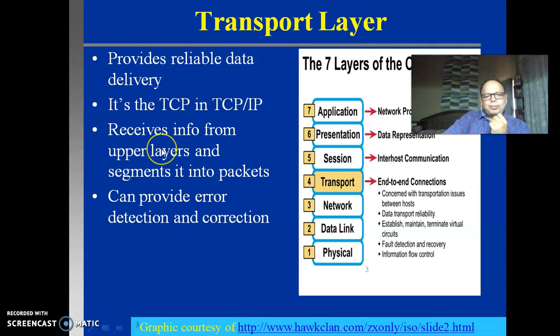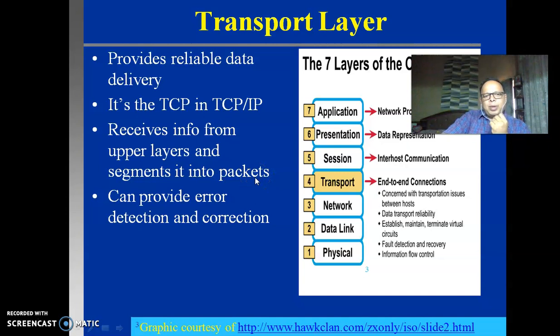Here you can see every layer, for that matter, gets the information from the upper layers and then gives certain functionality to the lower layer. In the same manner, this layer receives the information from the upper layer, that is the session layer, and then it segments the data into packets.